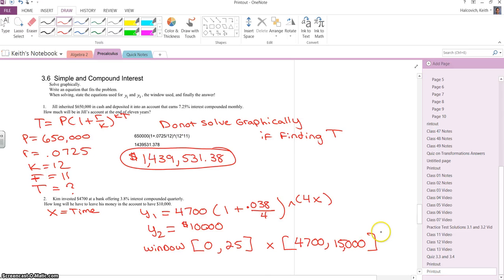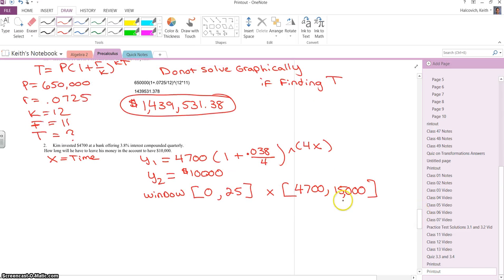All right, continuing with this problem, our y maximum is 15,000 because it has to be bigger than the 10,000 here. When you go second trace, intersect, and then enter 3 times, you get approximately